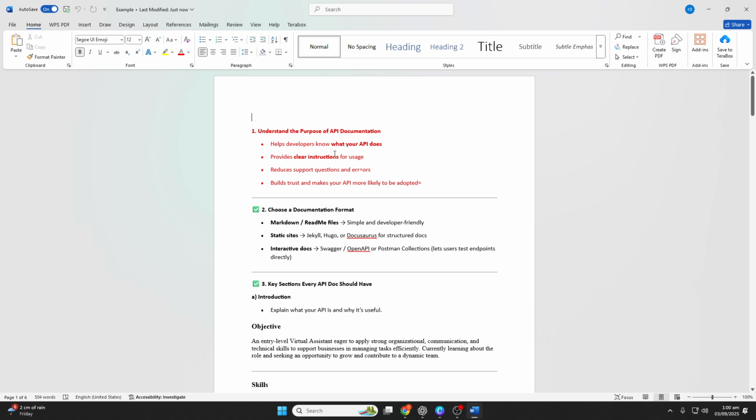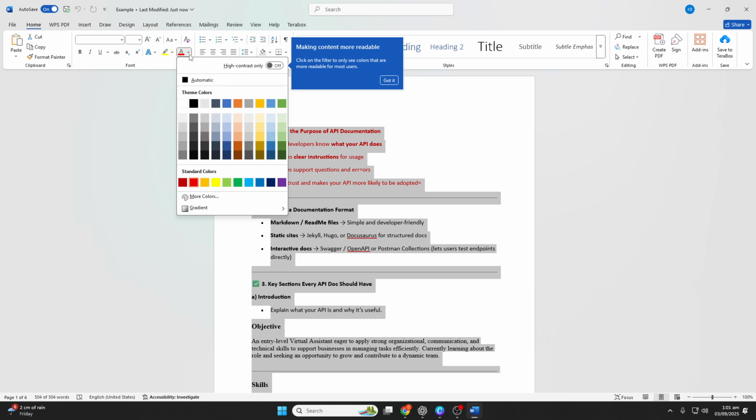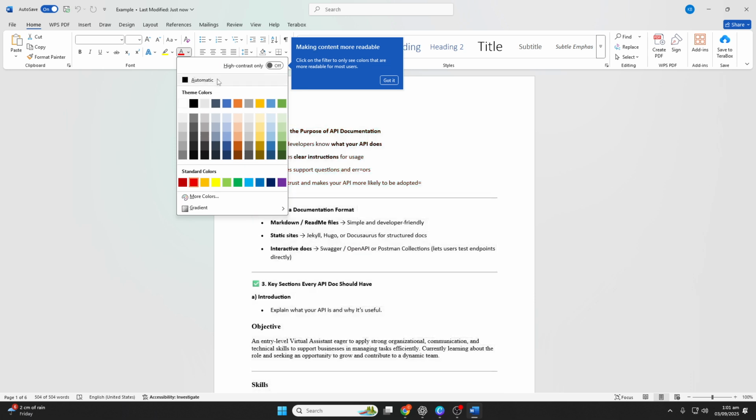Next, direct your attention to the Home tab located at the top of your Word application. Here you'll find a variety of options, but for our purposes, look for the font color icon, which often appears as an A with a colored line beneath it. Click on it and select the color black. By doing this, you've guaranteed that all the text in your document is set to black, removing any previous color